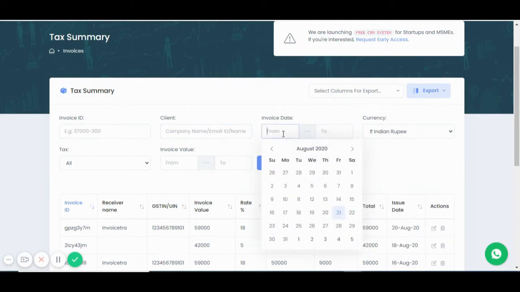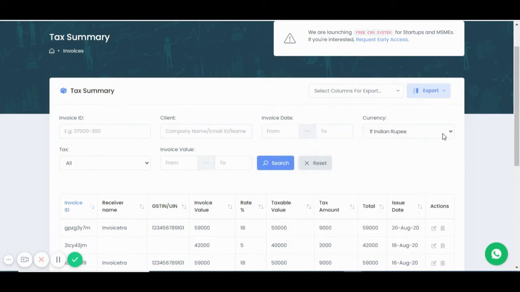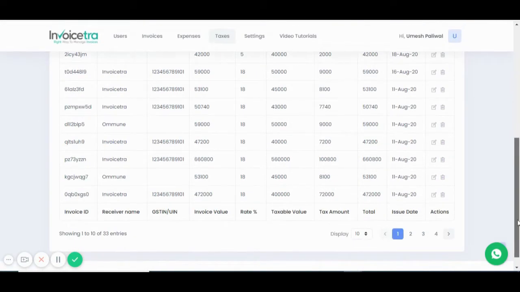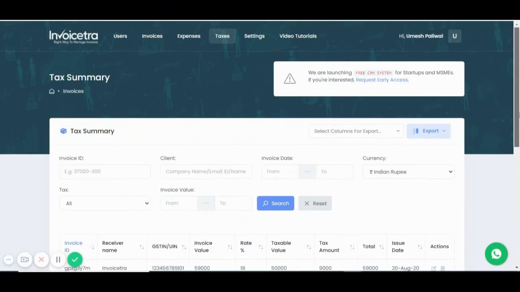If you simply type the date, then this is the currency in which you have given the invoice. This is the all option, all will come. This is based on invoice value. So particularly 1, 2, 3, 4, 5, 6 options we have given in the system through which you can search for the particular GST entry.